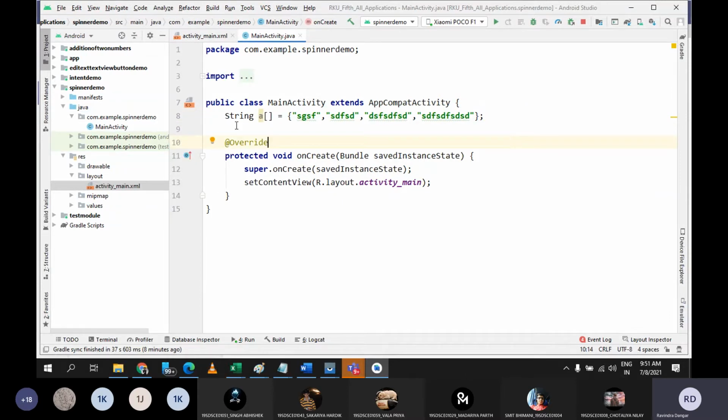There is no direct way. For that you need a kind of bridge which can connect your array to the particular drop down list or simple list or any custom list view or any custom adapter. So you need a kind of bridge which can connect your array to the spinner, to the drop down. Are you getting me?